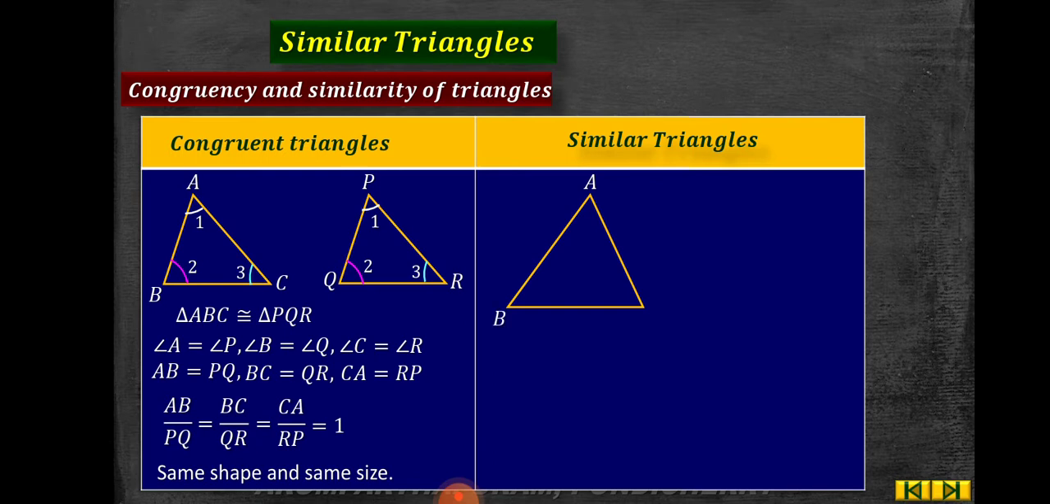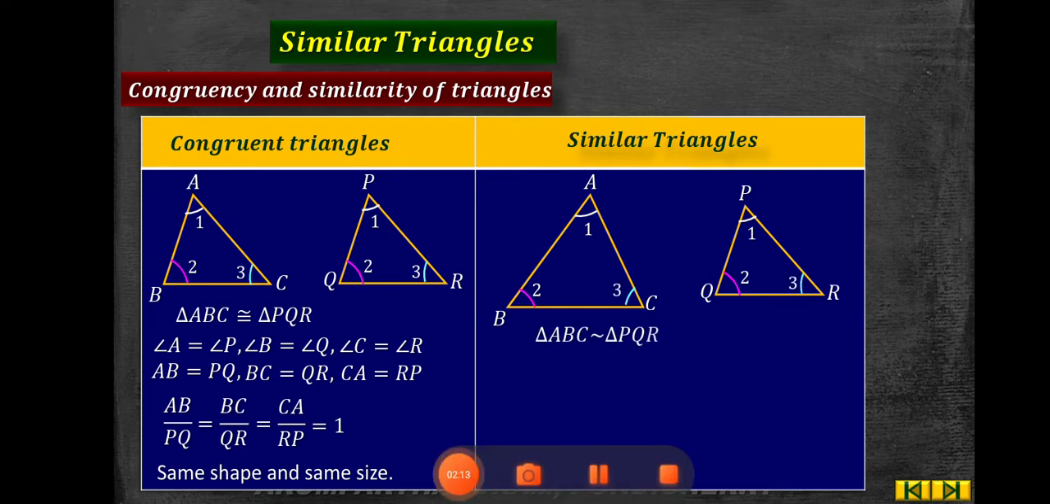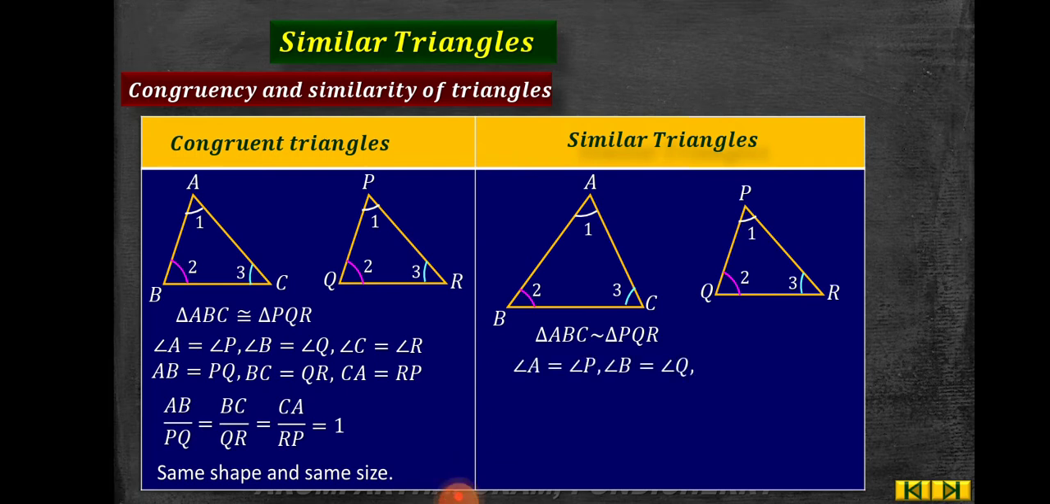So we are taking one triangle and naming it ABC, and another triangle, PQR. Angle A is 1, angle P is also 1. Angle B is 2, angle Q is also 2. Angle C is 3, angle R is also 3. That is, triangle ABC is similar to triangle PQR. Angle A is equal to angle P, angle B is equal to angle Q, and angle C is equal to